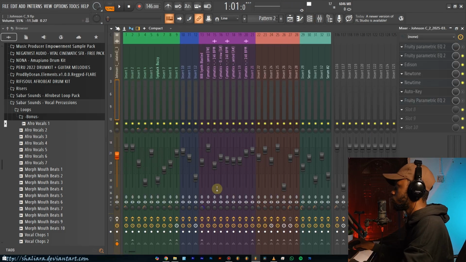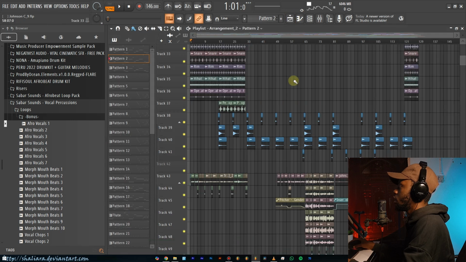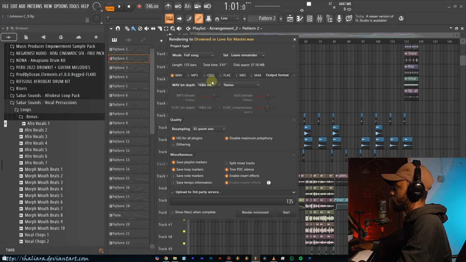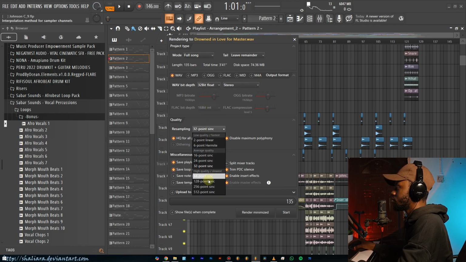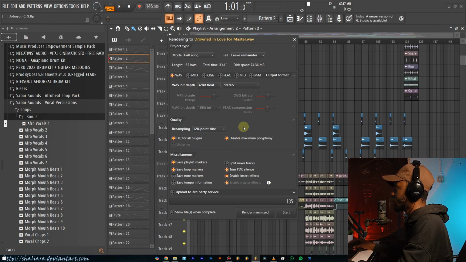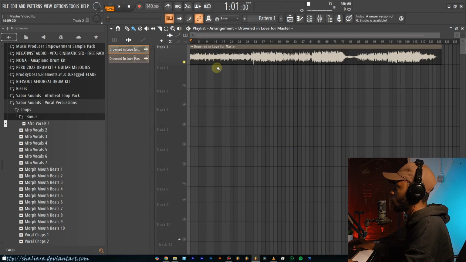All right, so once you find that sweet spot, you can go ahead and export it as a WAV file. And then I usually just set it to the highest, 32-bit stereo. Resampling, you can set it to any one between these four. I usually just leave it at 128. And then you are good to go. So you click start and you export it. And once you're done with that, you can go ahead and import it into a new FL Studio file